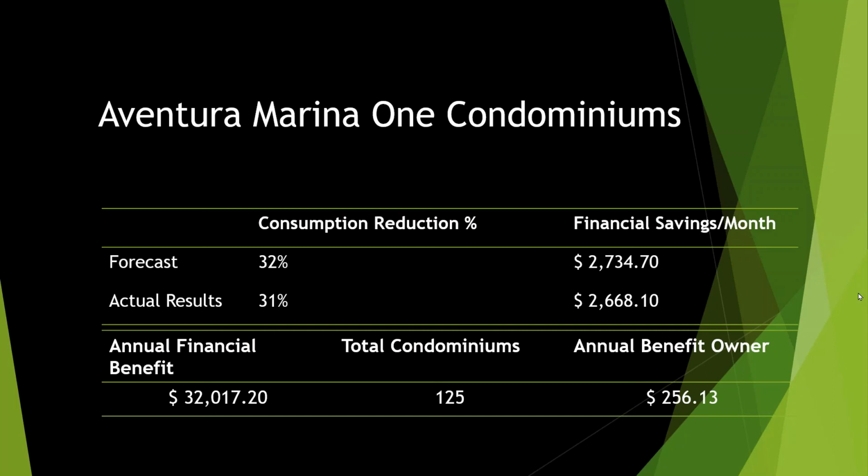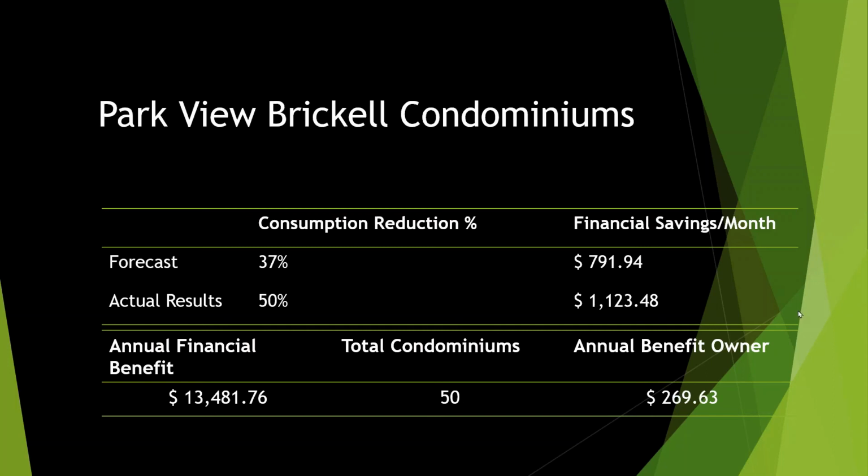And here on the next slide, we're going to show you one more. This is a 50 unit location. Again, owner benefit $270 on an annualized basis. So it doesn't have to be the 567 unit location, though we personally like those best. The 50 unit location works just as well if you're in a water spot where the cost of water is aggressive. So we do the evaluations on each asset